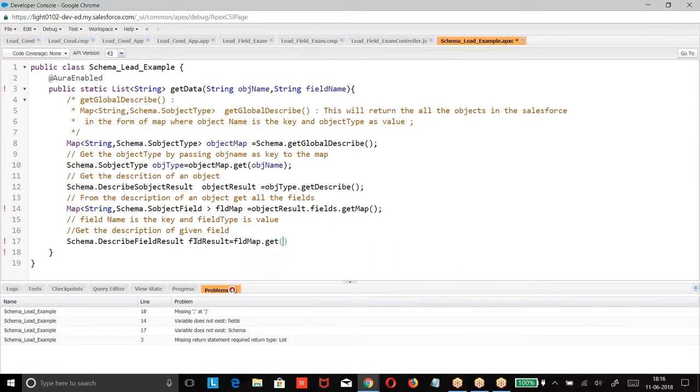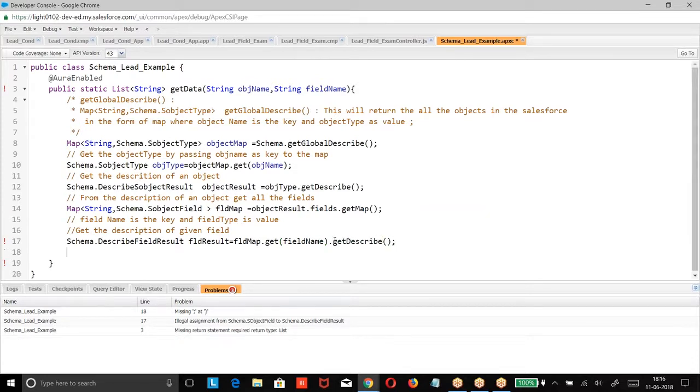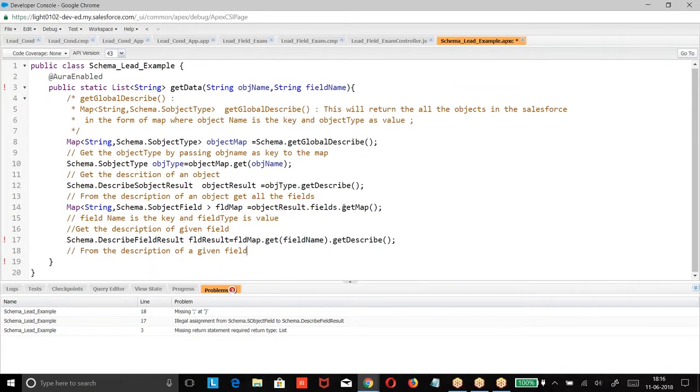Field map dot get off. What is the field name we gave? Whatever the field name we gave. In the field map, if I give that field name, we get the field type. Field type dot get, we are getting the description. From the description of a given field, get the pick list options.